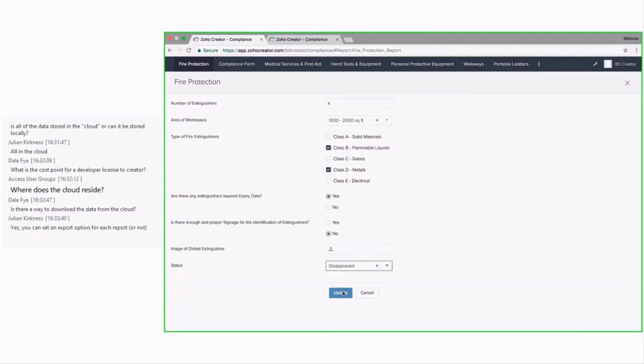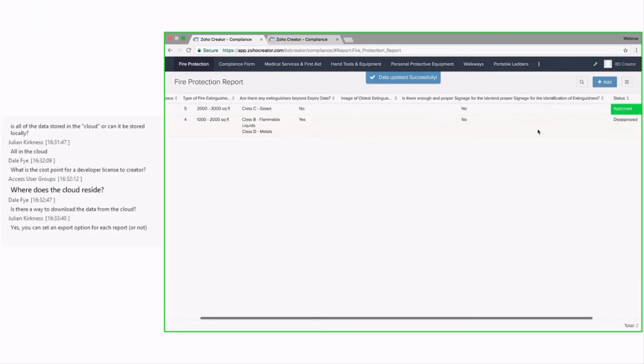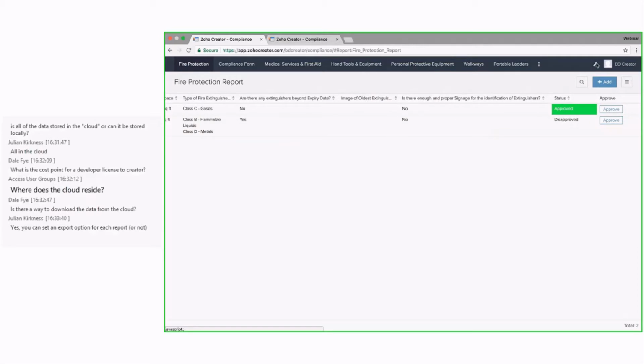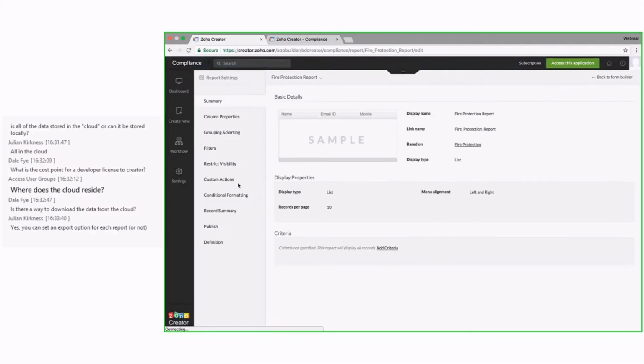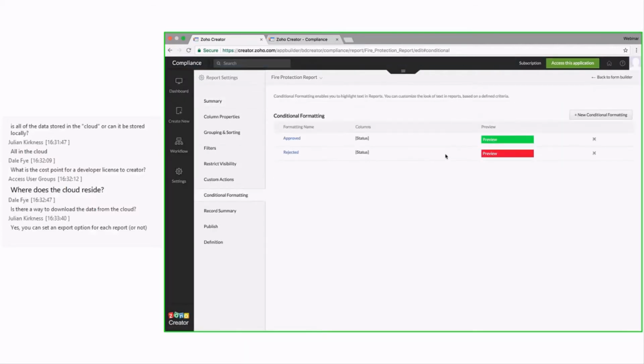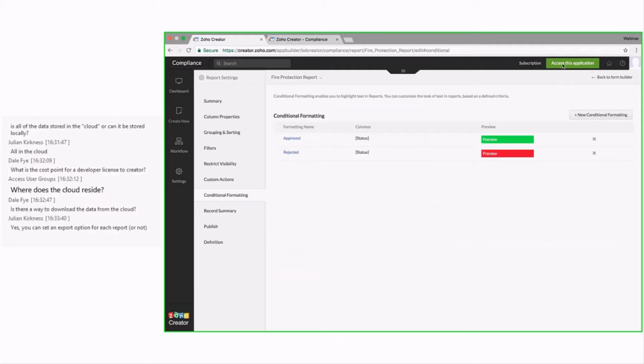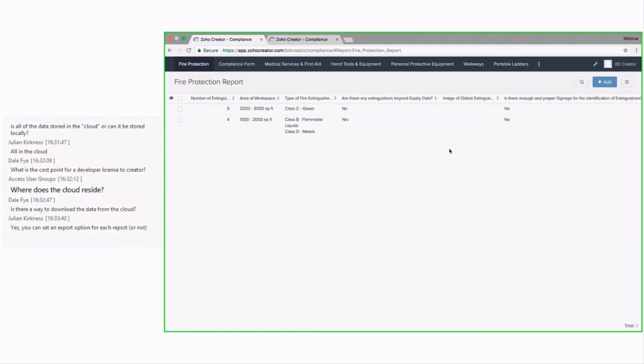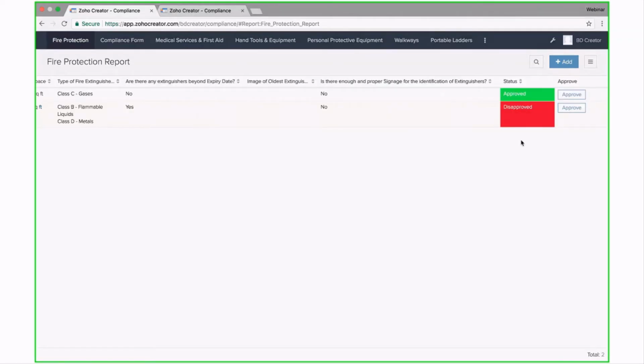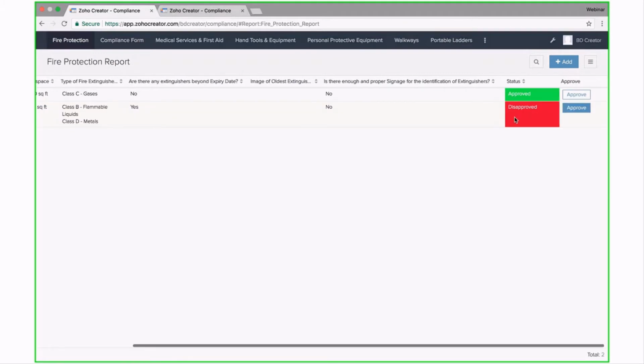Okay, so that is disapproved. Sorry about that. So like you can see, it disapproved will not work. I will have to actually go back and put the exact text. So I'm going to go back, and I am going to edit this particular conditional formatting and say if it says disapproved, that's when it should update. So let's go back to the application,